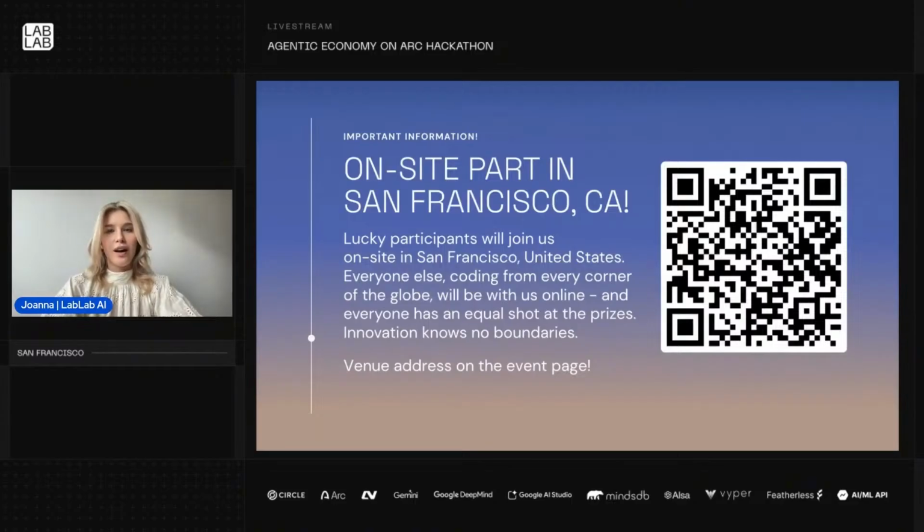Those of you who are just watching this stream right now and did not make the decision yet to join the hackathon and really want to join us in San Francisco, you can just scan the QR code that you see on the screen and register for the hackathon. The slots are still open, so head over there, register for the hackathon, and we'll send you all the necessary details over email so you can also enjoy the on-site experience in San Francisco. You can find there the venue, the full address, and the agenda as well. So yeah, if you were looking for a sign to actually join and build, this is it.